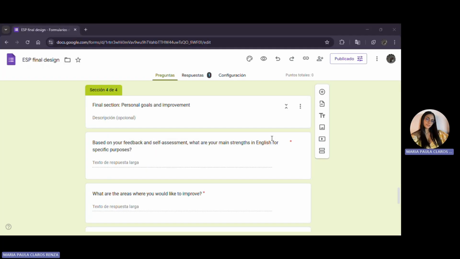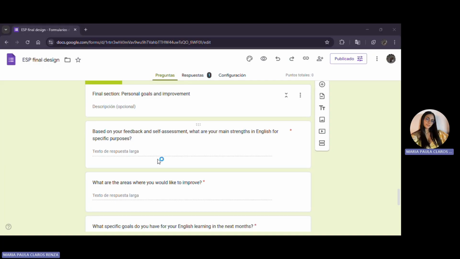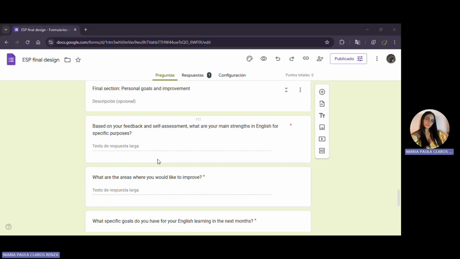Now let's look at the personal goals and improvement section of the form. This part is designed to help learners reflect on their progress and set clear, achievable goals for their English learning. So, the first question asks about your main strengths in English for specific purposes. This helps you recognize what you're already good at. Okay, the second question